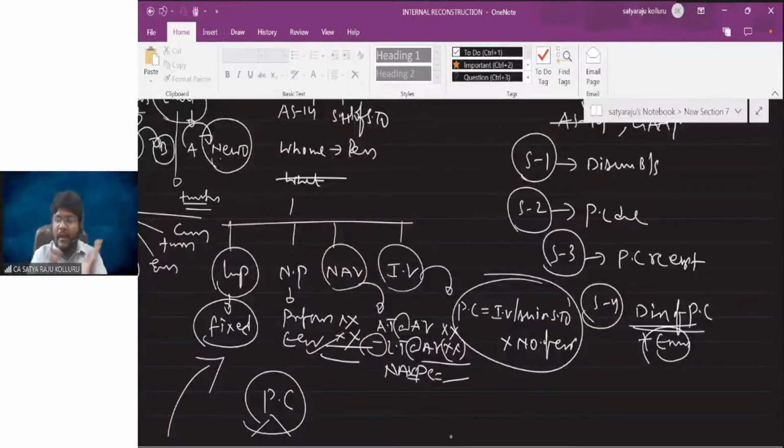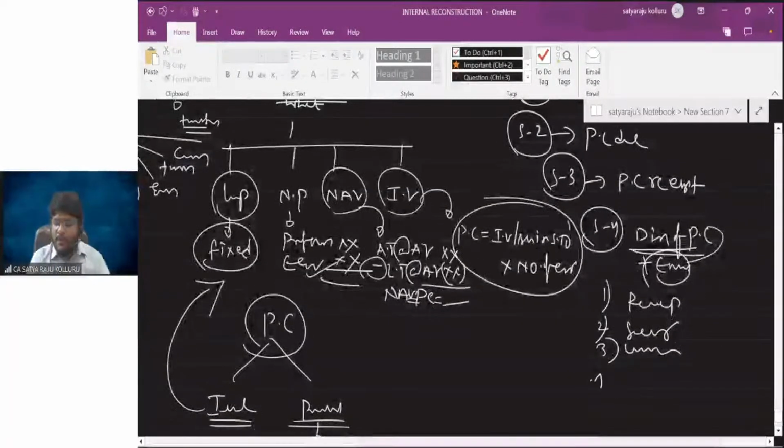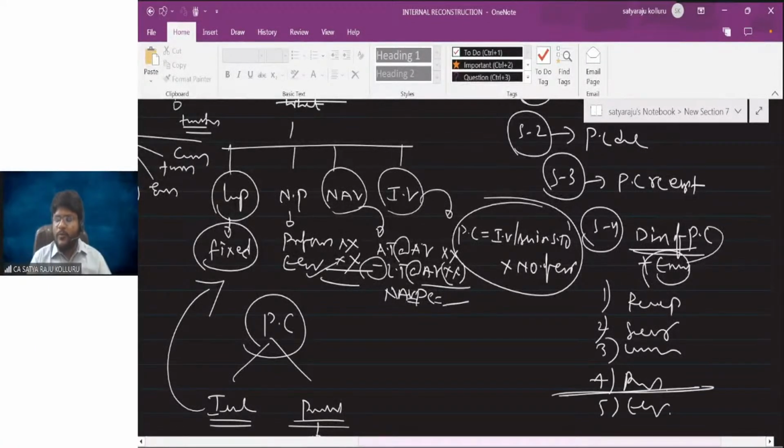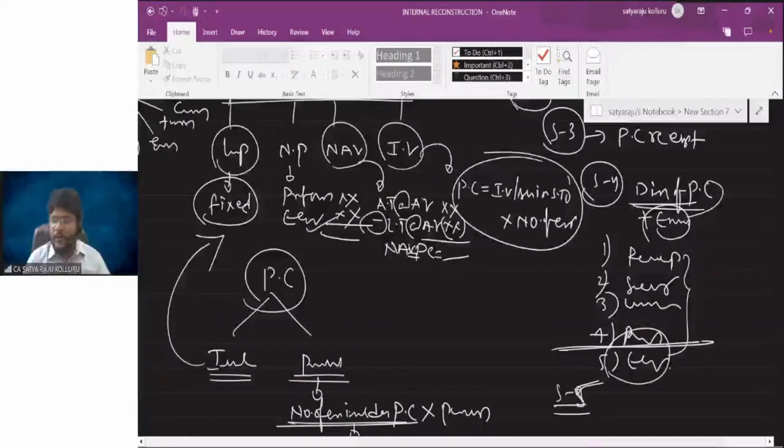Then after taking the existing resource as well as PC, first you should make payment for realization expenses, then secured creditors, then unsecured creditors, then preference shareholders, then finally equity shareholders. But before distribution of amount to equity shareholders, whatever profit or loss you get at the time of settlement, you should transfer to realization account. And before transferring the amount to the equity shareholders, first you should find out the realization profit or loss. Such realization profit or loss you should transfer to equity shareholders account.